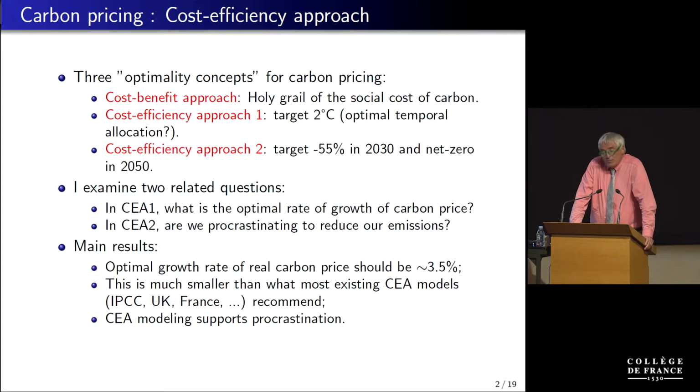Or the third best approach, which is the one that seems to be followed in France and in Europe, where the politicians do not only determine the target in terms of increased temperature or in terms of carbon budget, they also determine the emission pathway. And the IPCC is also following that kind of thing, the RCP